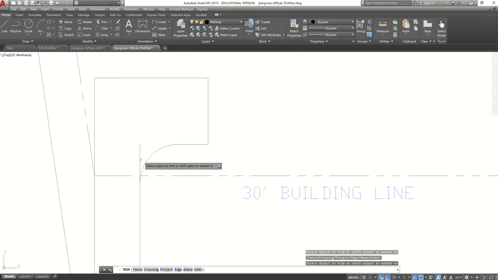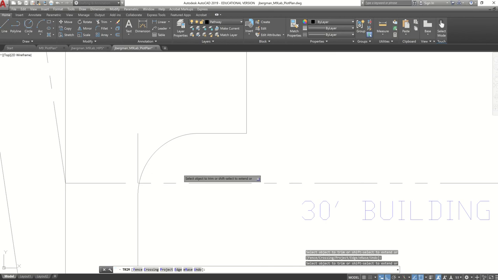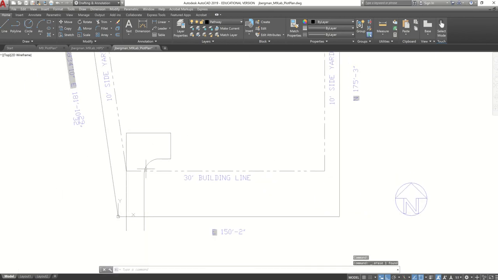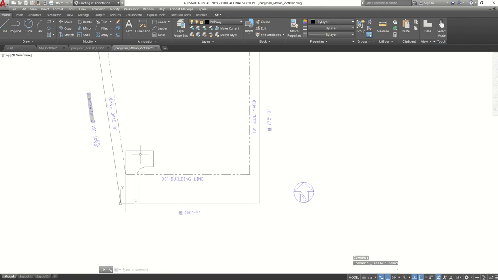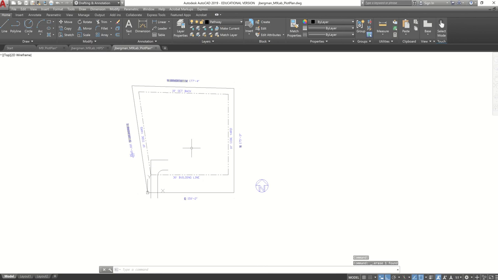We have to trim this little area here, then escape, and we will click that one and delete that line. All right, so we have that, and I'm actually just gonna click on that line and delete it because that was a reference line. So we have our pathway here,